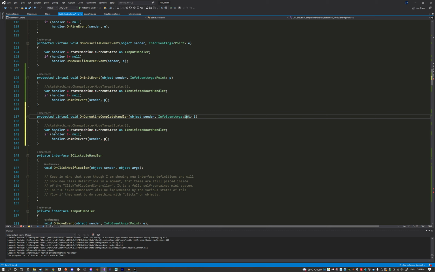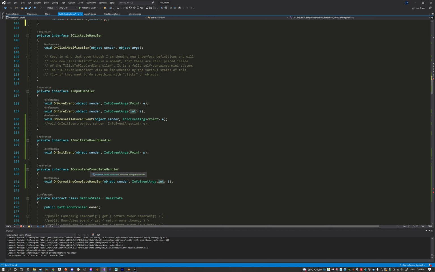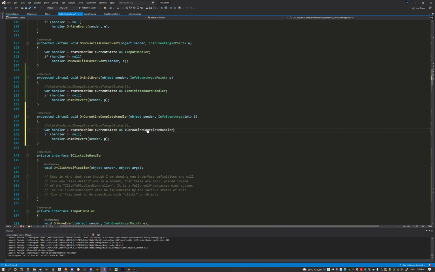Now var handler equals state machine current state as, if handler does not equal null, on coroutine complete event here, right here like this, and sender, and it will be the i. Okay, and then